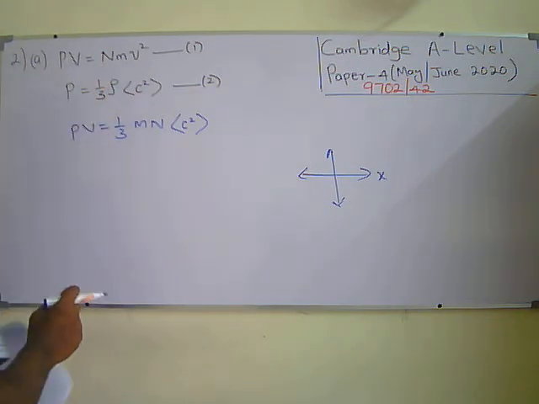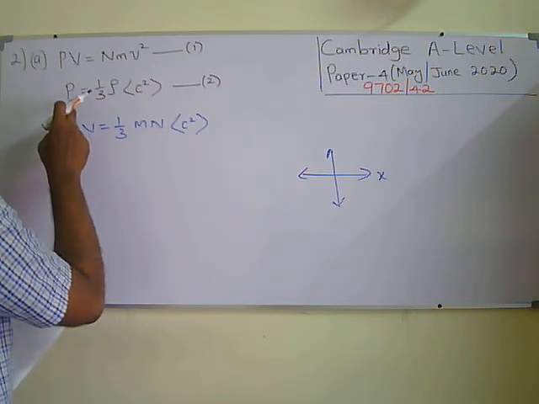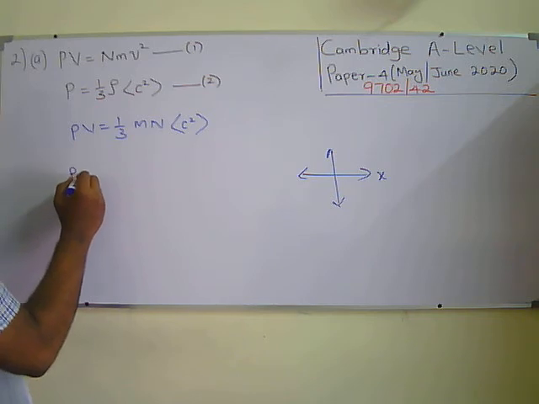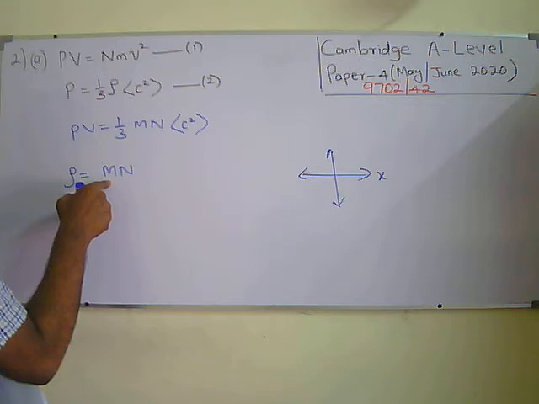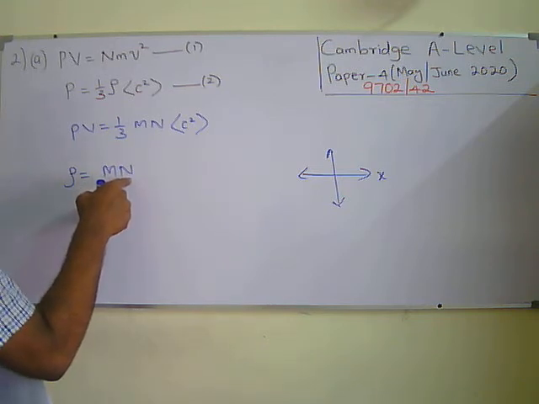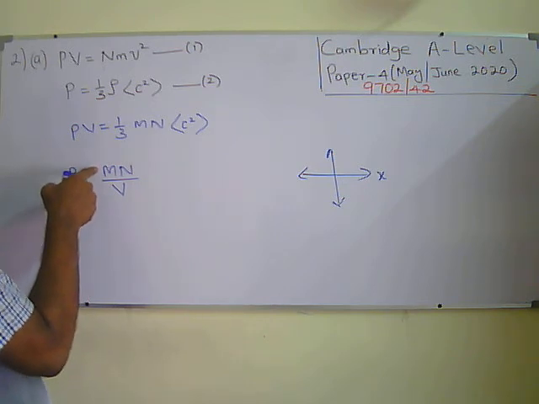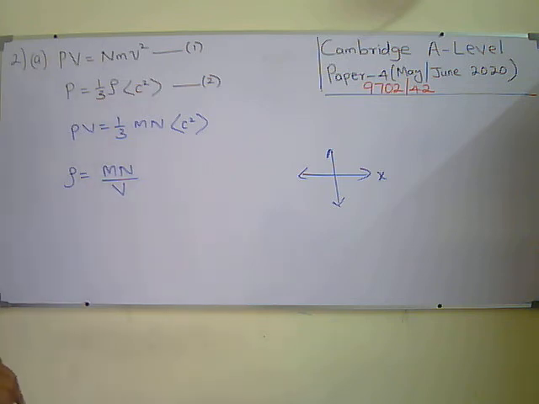For the first part, they're asking how the pressure is obtained, how the density is obtained. You can say density equals mass over volume. Mass means m times n, the mass of a molecule times the total number of molecules, divided by the volume. That is the density. That's the answer for the first one, density. For the second one, I already explained how 1/3 is coming.